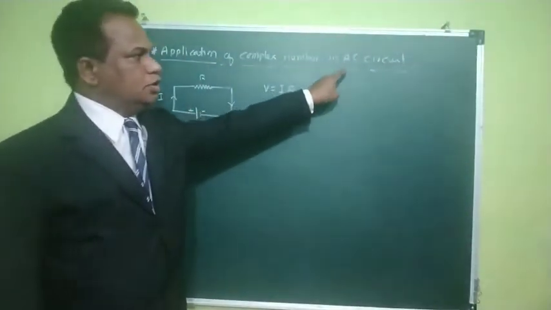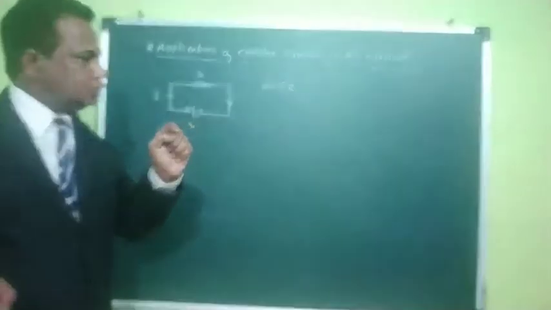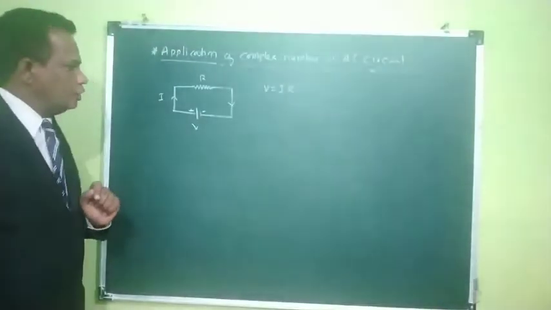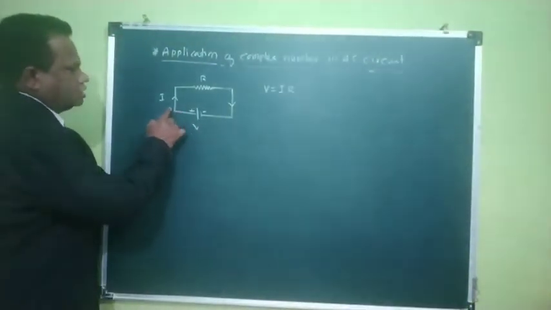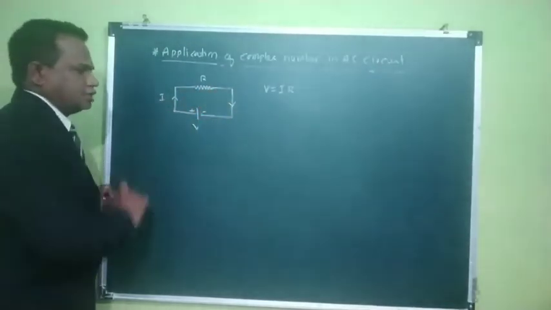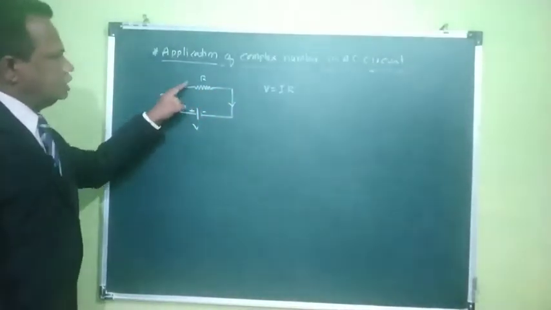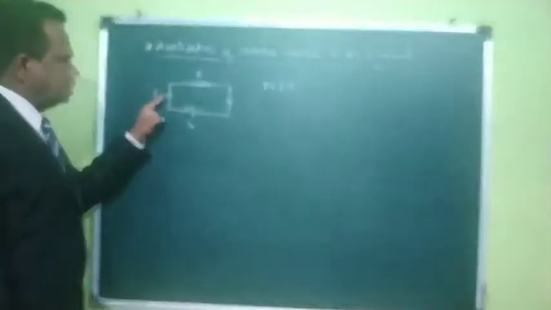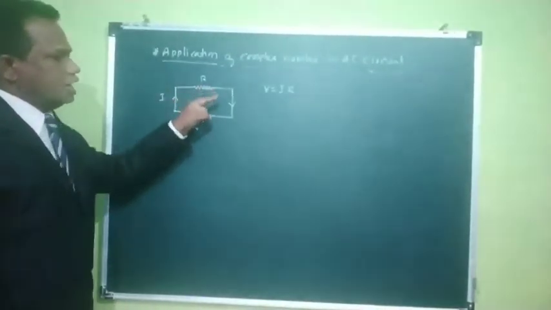And in AC, what happens? The alternating current goes on changing, therefore positive and negative are given. But here the current always follows the same direction. So that means current flows in this direction. Actually electrons flow in the opposite direction, but we can represent the current in this direction.